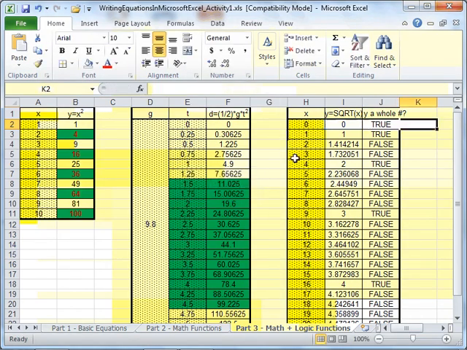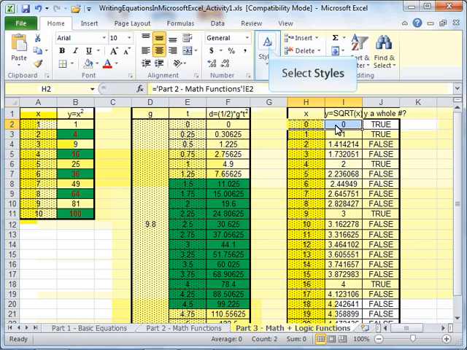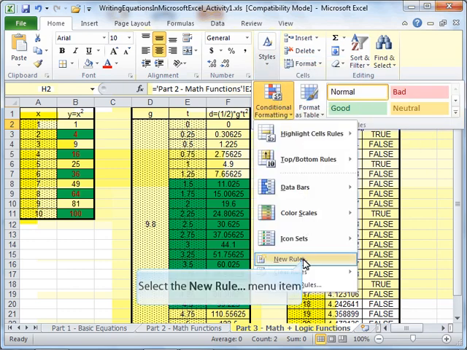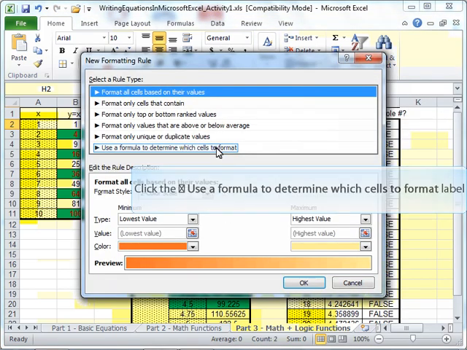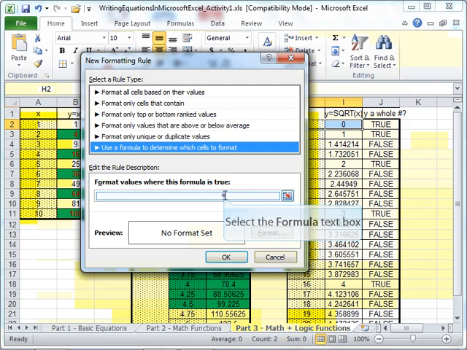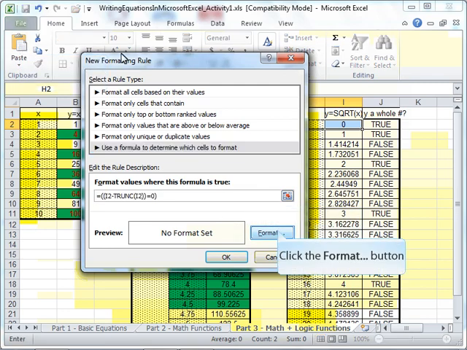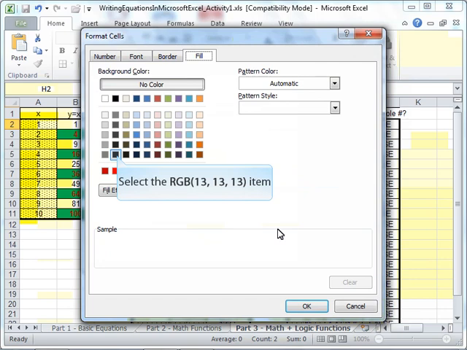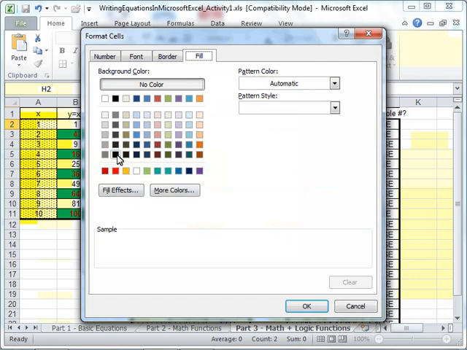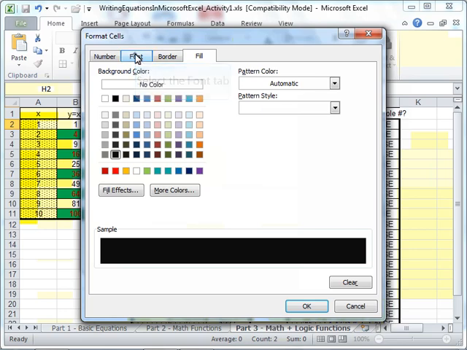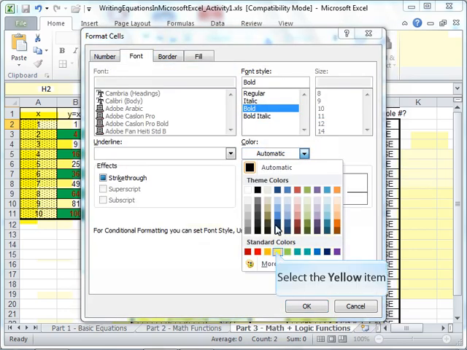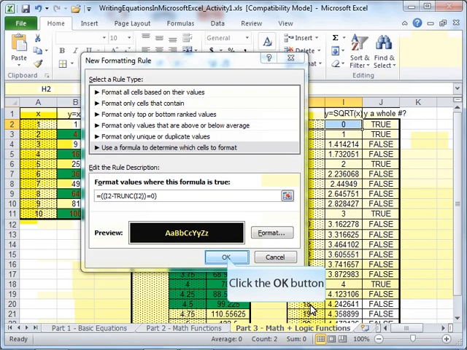Copy. And I'll hit the tab key so I don't copy any bad formulas. I'm going to highlight the first row of data for my independent and dependent data. Now I'm going to create a new conditional formatting rule based on a formula, and I will paste that formula in, and I'm going to choose a black fill with a bold yellow font,